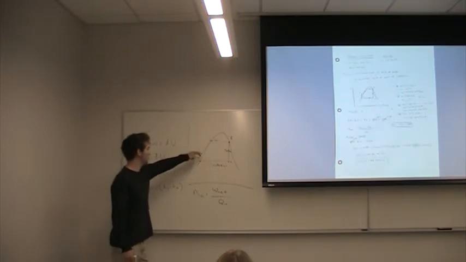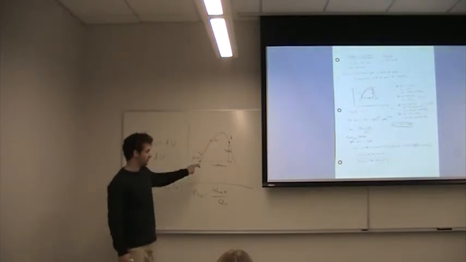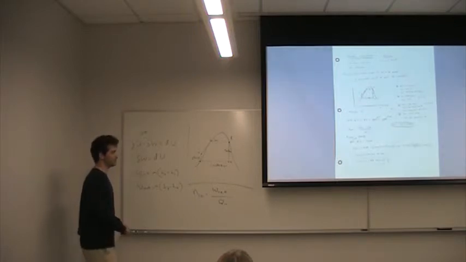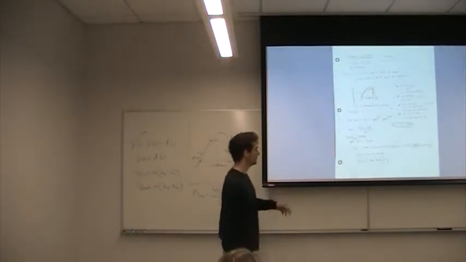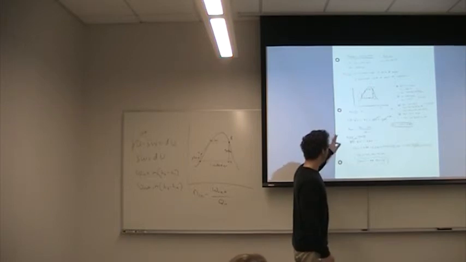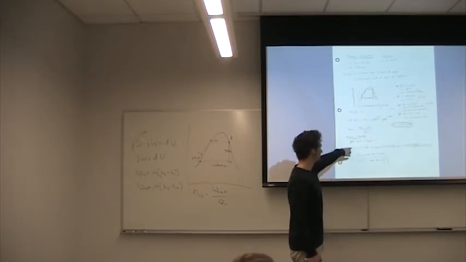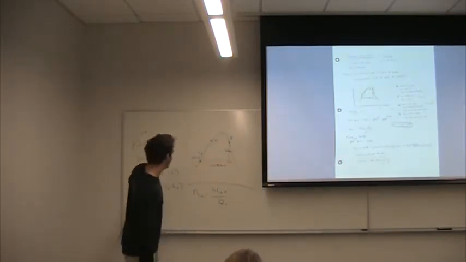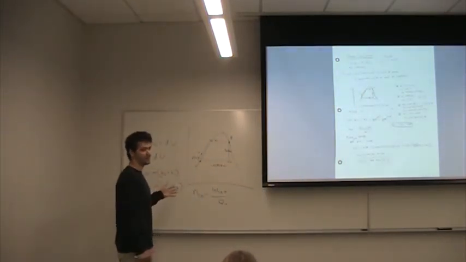So your net work is going to be your turbine work minus the work you put into the pump, divided by your heat. And that's how you do this problem. Where I messed up on my calculations was finding my work for the pump. I should have just used the change in enthalpies. And the confusing part with all this is in the calculations, I wasn't given the values, so I had to